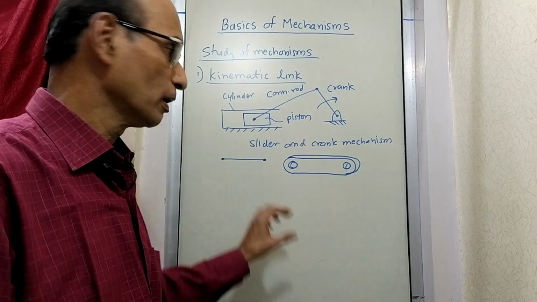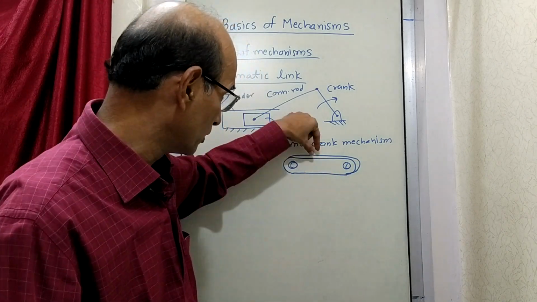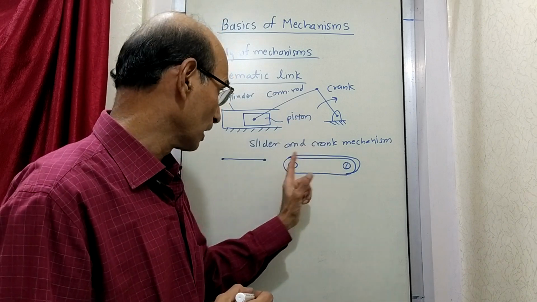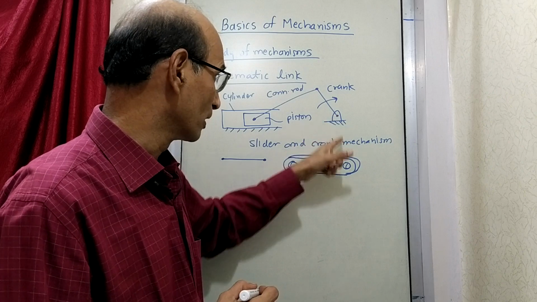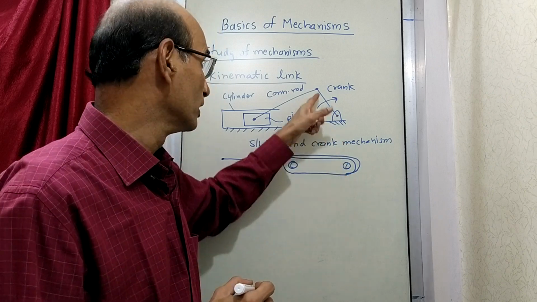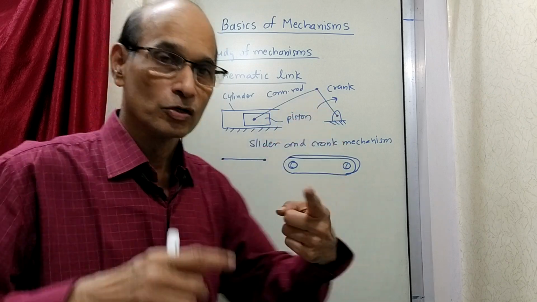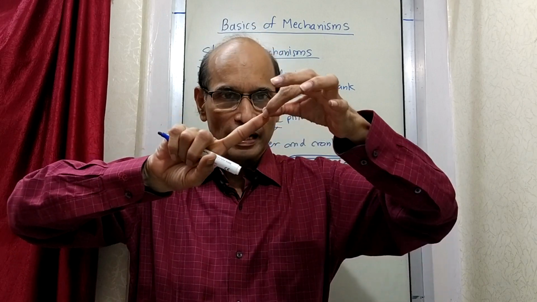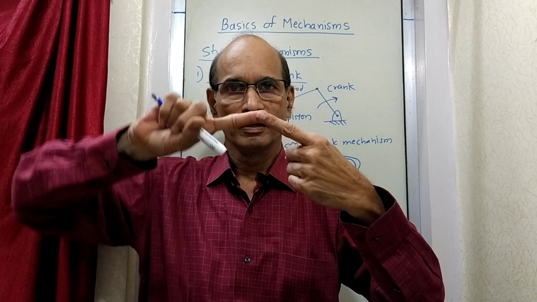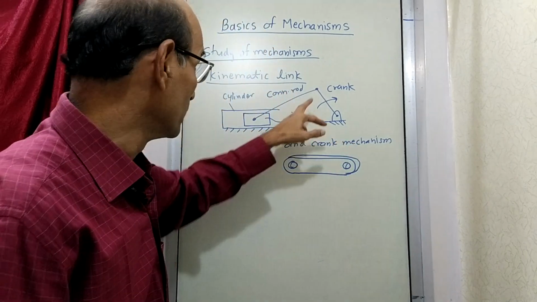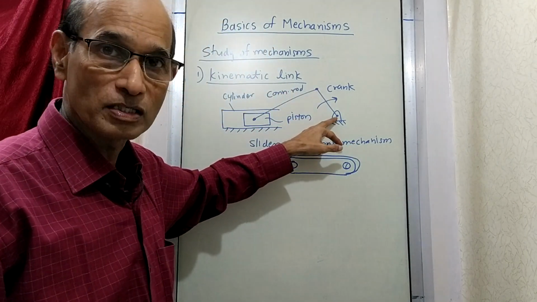This could be the shape of the actual plate, which has a certain width, thickness, and length. Then there are holes at a certain distance, and through these holes, this is like a pin joint. With this joint, it is connected to another link. So we take two such links like this, and at this place we put a pin so that it forms something like a pin joint, like this. That is what is represented by these dots.